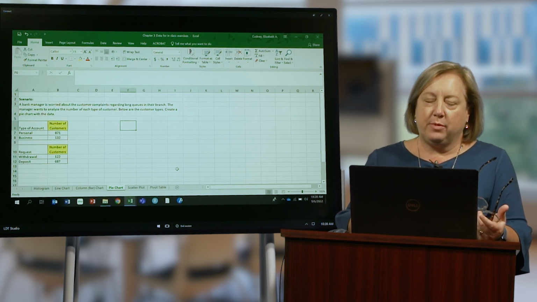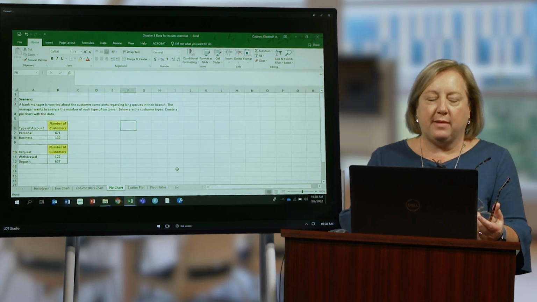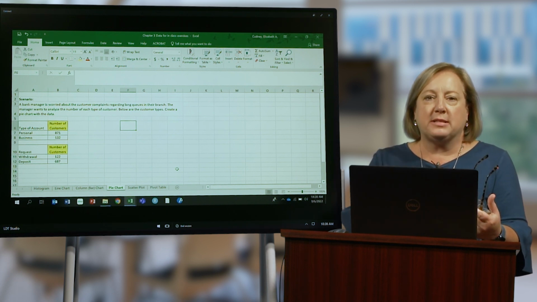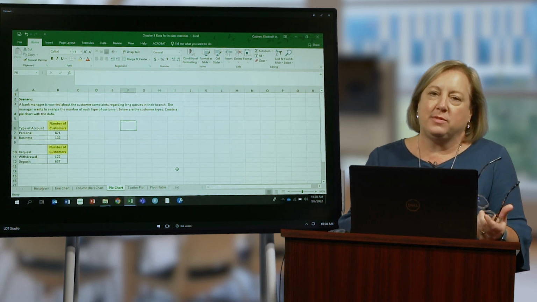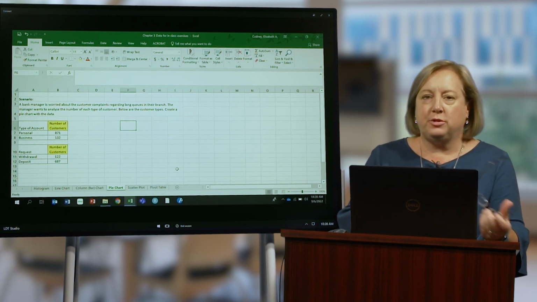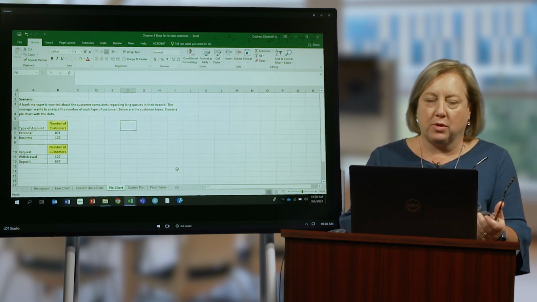factors. The typical rule of thumb with a pie chart is that you want to use it whenever you have data on different categories, but you want no more than 6 to 8 categories. Otherwise, you have too many slices within the pie and it becomes very, very difficult to read. So oftentimes you're using a pie chart when you have, say, 2 to 5 different categories that you want to